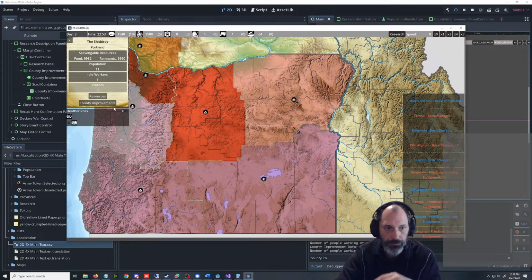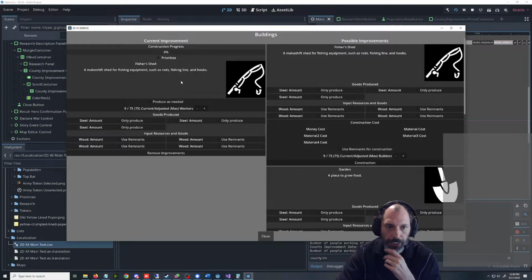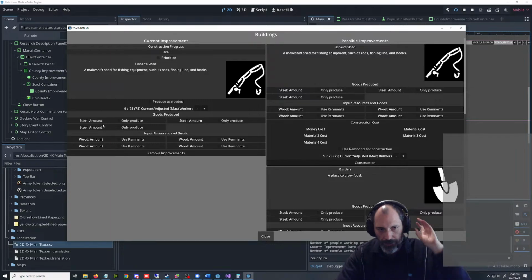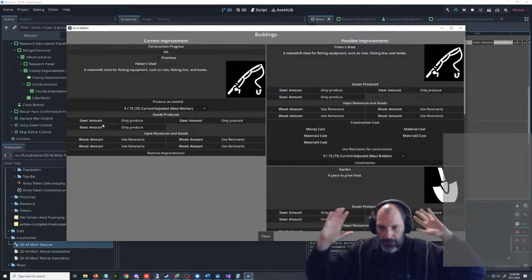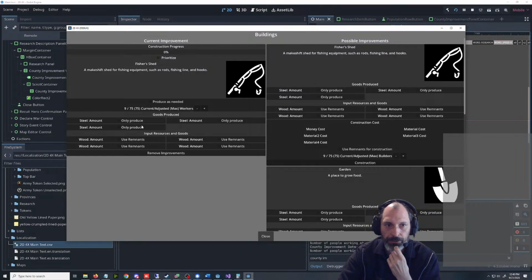Oh, it's already done. So we can look here. And it turned off that stuff. And basically the Godot feature, this stuff that it's going to affect, the goods produced and the inputs. So that's why we haven't worked on that part, because the main thing we want to adjust is these things. And like I said, it'll make life a lot easier if